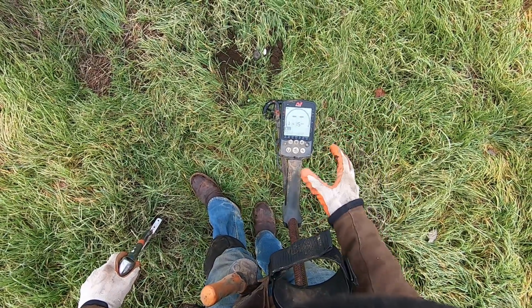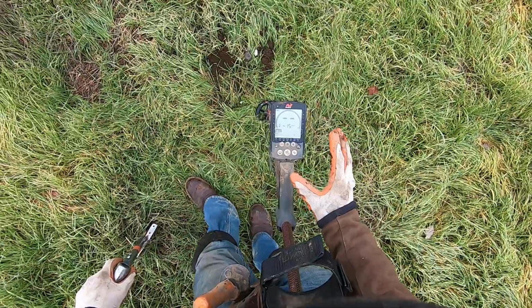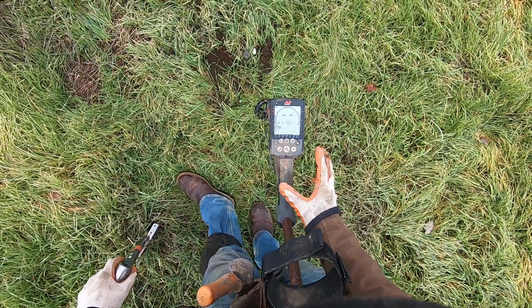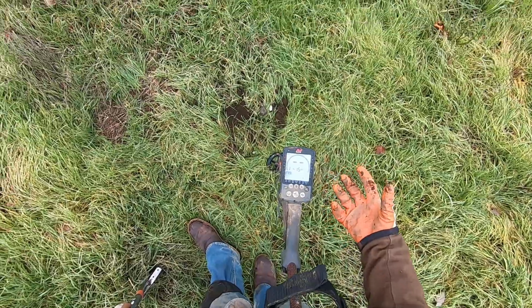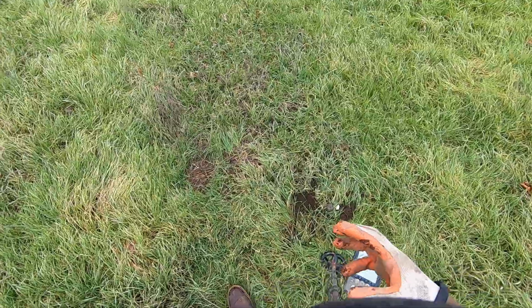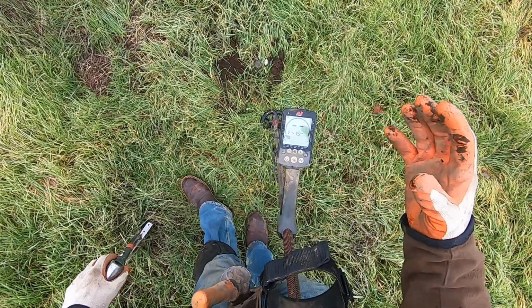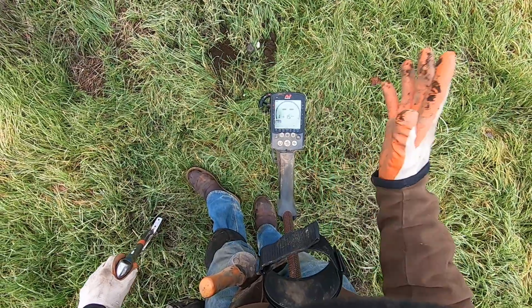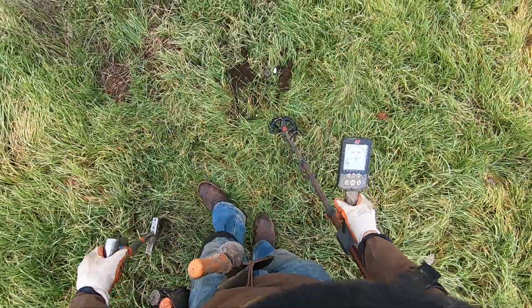and it hits coins at 3 inches deep in a lot of iron at like 6 or 8 gain, but there's not a lot of big iron. I'm in a dump that has a lot of big iron, and I like hunting in and around a lot of big iron because I find a lot of relics. And I'm going to put it in Park 1, 15 kilohertz, and I just smacked